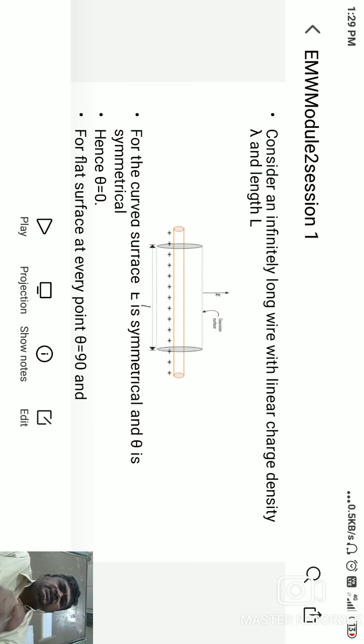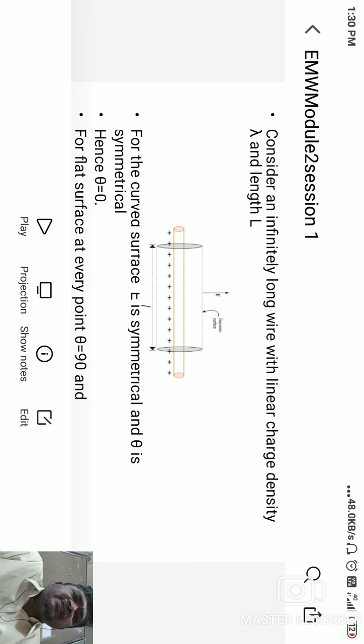Now with this structure, I will follow the steps to calculate the electric field. If I consider this cylinder, there are three different shapes: the curved shape, and on the top it is flat and on the bottom it is flat. So two flats and one curved shape. Now I have to see what the charge is. I have to define the charge throughout the conductor. It is infinite, but I will consider lambda as the charge per unit length.